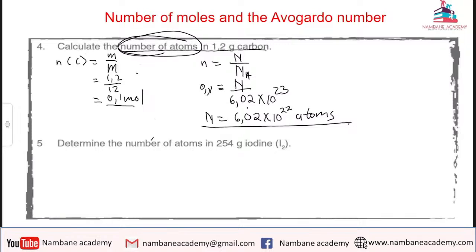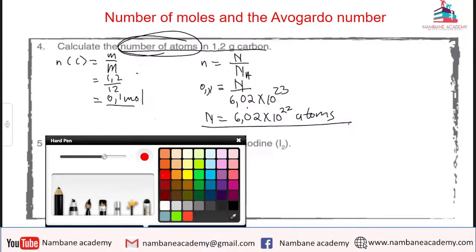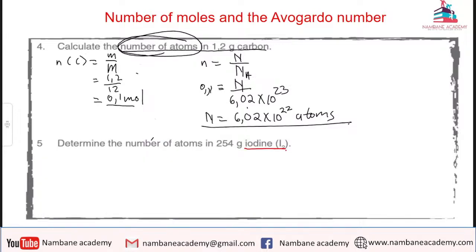Ladies and gentlemen, thank you very much for your answers. Let's quickly look into it. The catch here, ladies and gentlemen, is just that iodine exists as a diatomic, as I2. So the molar mass of iodine is just 127 plus 127. Let me quickly take a calculator. 127 multiplied by 2 will give us 254